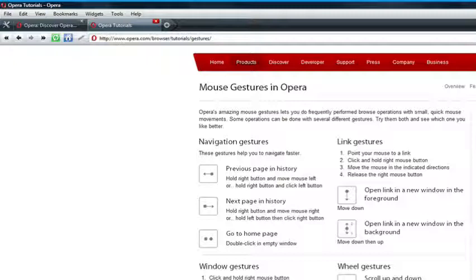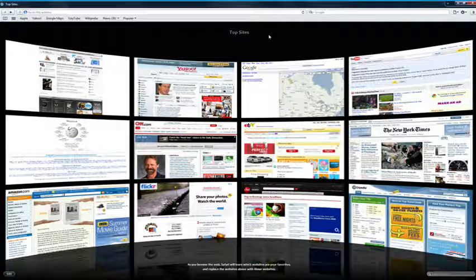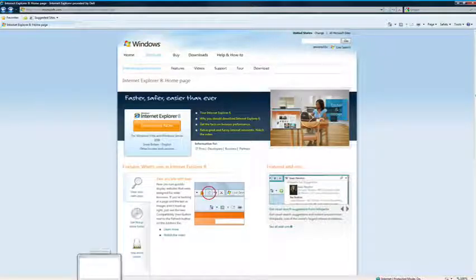And the other browser that I would consider would be Safari. Now Safari for the PC obviously doesn't run as well as it does on a Mac, but I really like this Top Sites visual display that they have at the start. As I browse the web with Safari, it'll start to learn what my favorite websites are. So it'll probably have, say, Bebo and the Google search engine and things like that, and it'll start to bring those in, so it's really personalized, and I love the layout of it as well. It looks fantastic. But yeah, if you just have a look at the different browsers, see what you think,